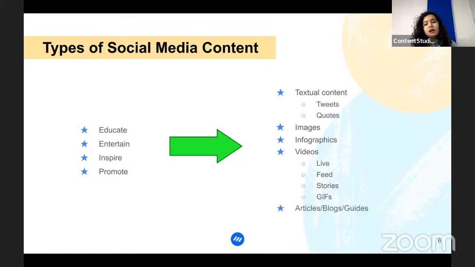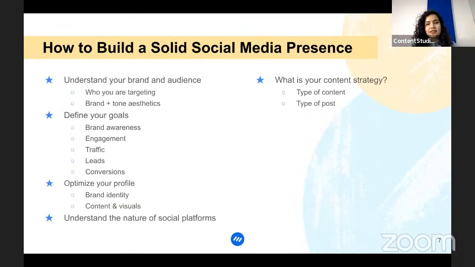And lastly, we've got articles, blogs, and guides, how-tos, but that comes under the blog section. And lastly, if you want to share links for sharing valuable content outside of your brand, then you can share those as well. So coming back to the presentation,